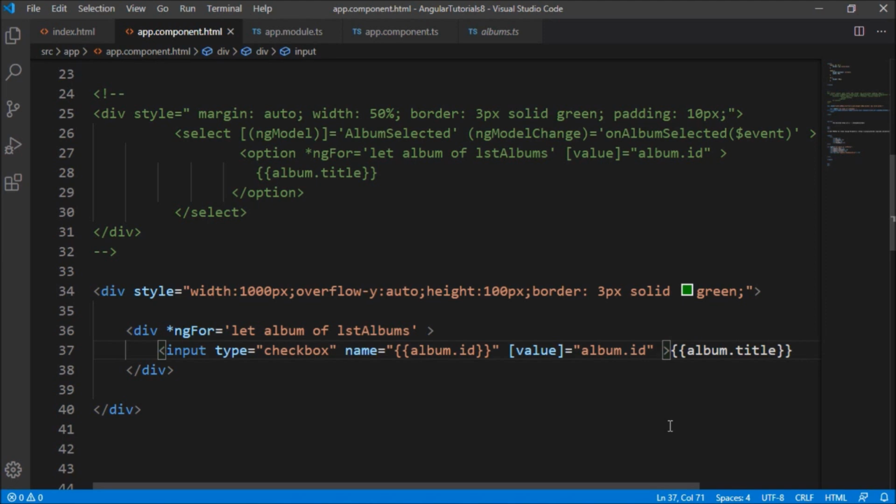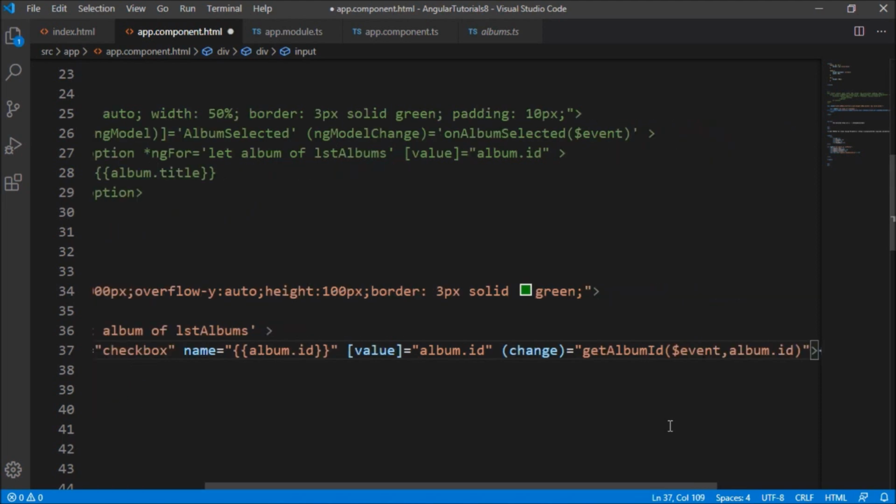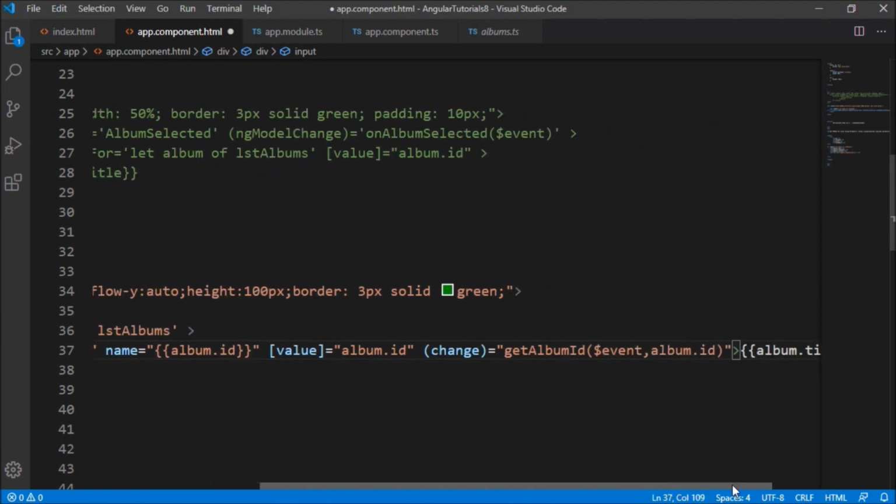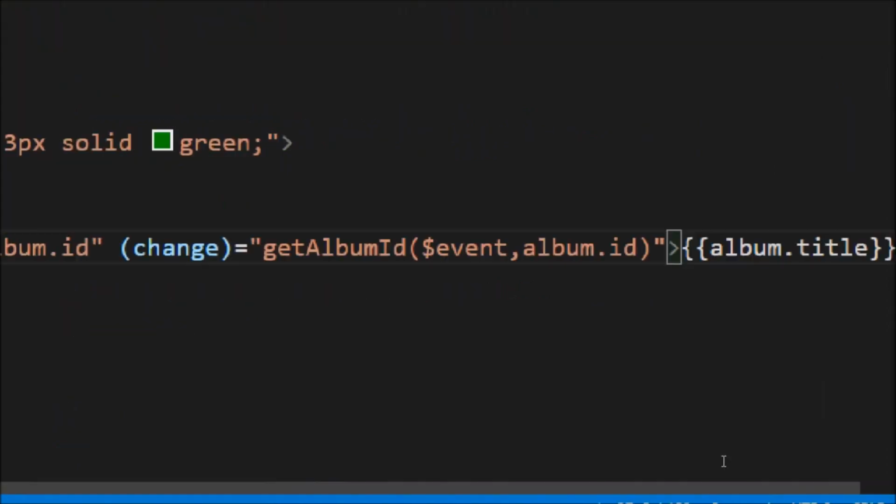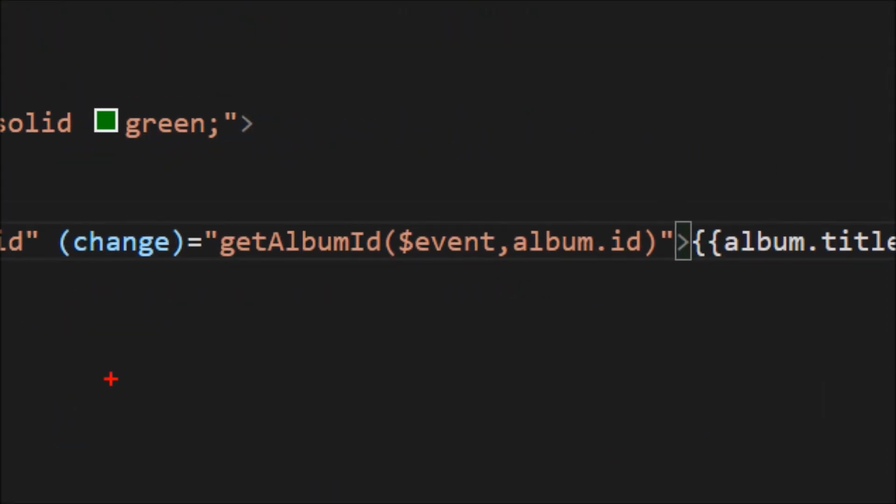In this checkbox, I'm just going to create a simple change event and call a function. You can see here, I'm creating a change event and I'm going to call a simple method getAlbumID.